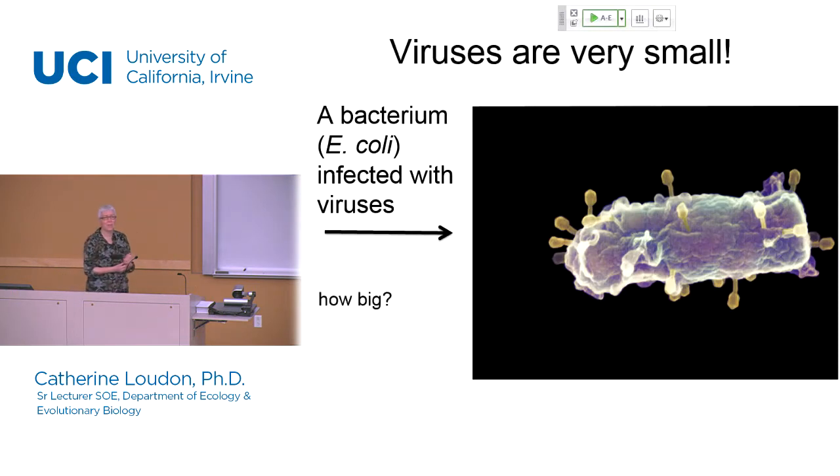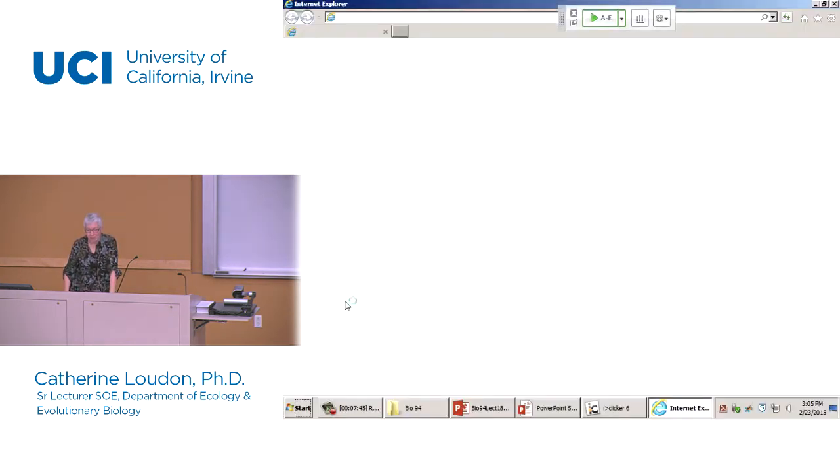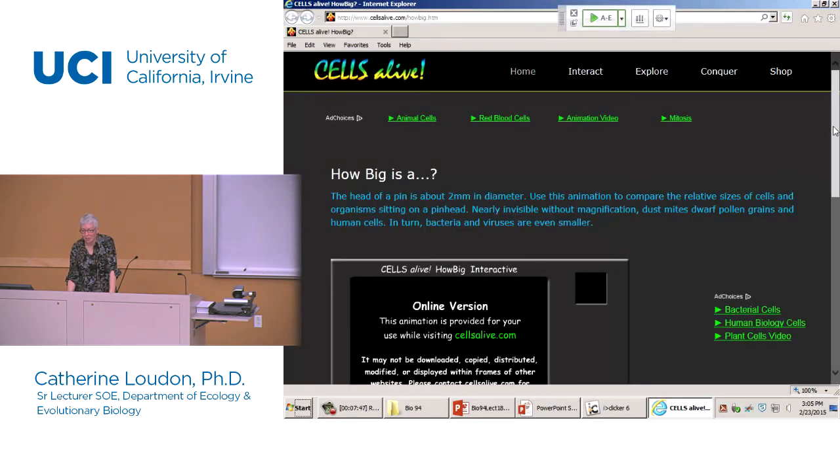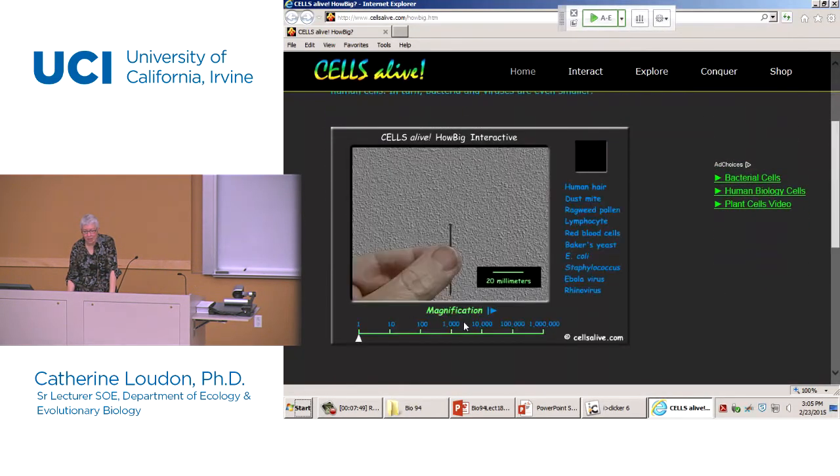And so one of the first things to consider is, in fact, that the viruses are extremely small. And of course, it's hard to get a feel for how small something is because when we look at pictures in a book, they're greatly magnified so that we can actually see them. And because they've been magnified, they are no longer small, they're suddenly big. So we're going to make a little field trip to a website to check out how big viruses are. They're obviously smaller than bacteria, for one. Let's see. So we're going to go visit something called Cells Alive.